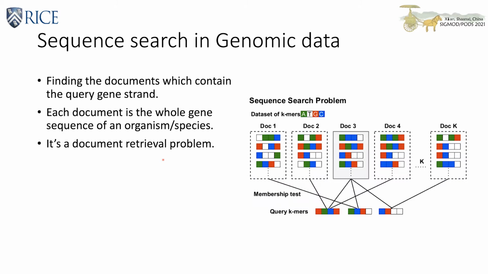Each whole genome sequence is treated as a document, and there are K documents. We transform this big sequence into a set of millions of k-mers. To do that, we use a sliding window of stride 1, and the window length is 31. This way, we represent the long gene sequence as a set, or what we call a bag of k-mers.